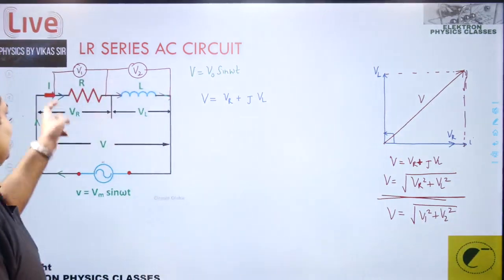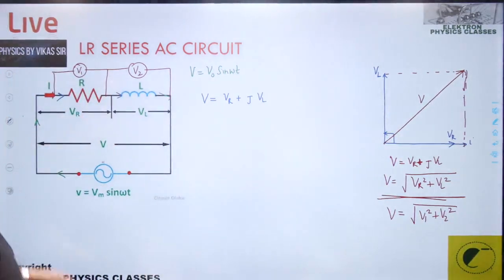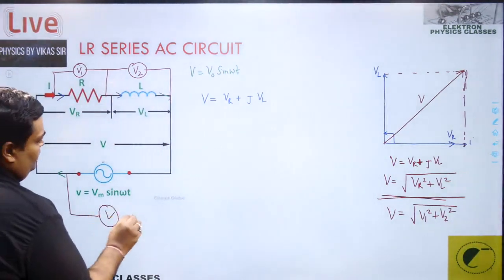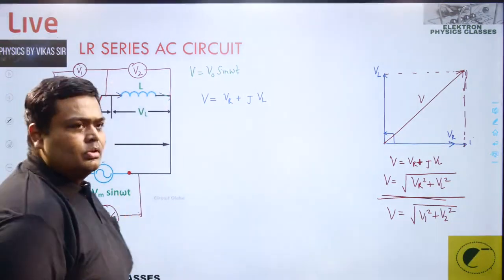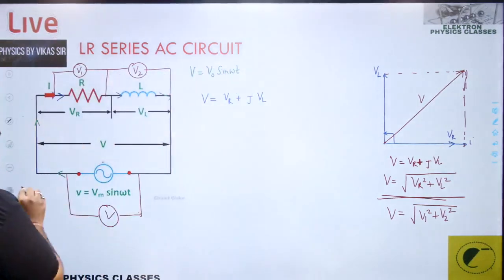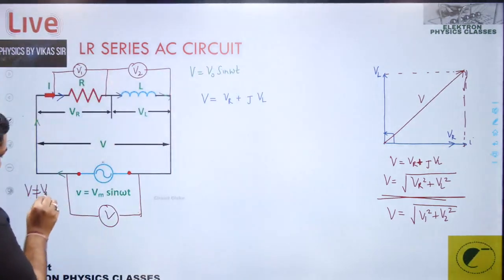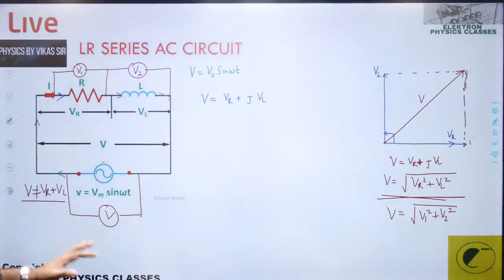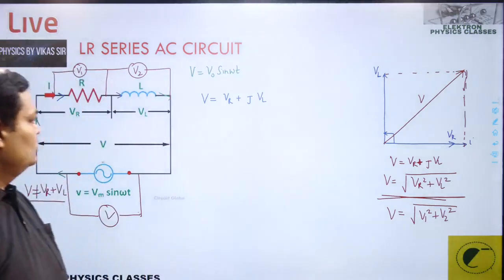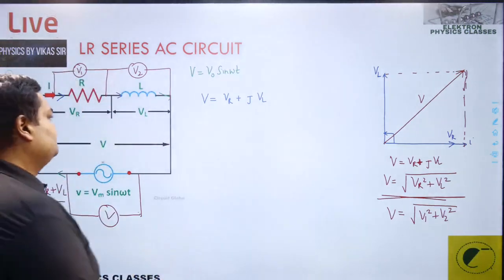This is how the voltmeter reading is going to give you the reading over here. Cool? Yes sir. And V is not equal to VR plus VL. वो भूलना नहीं भाई, इतनी मेहनत करने के बाद सब कुछ खराब मत कर देना, बिल्कुल नहीं लगाना है। तो सर ये तो आगे समझ, अब बढ़ो आगे। ठीक है भाई, बिल्कुल आगे बढ़ता है।